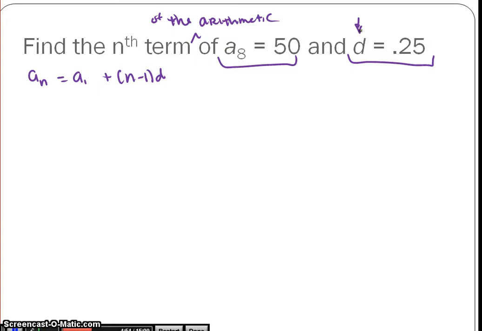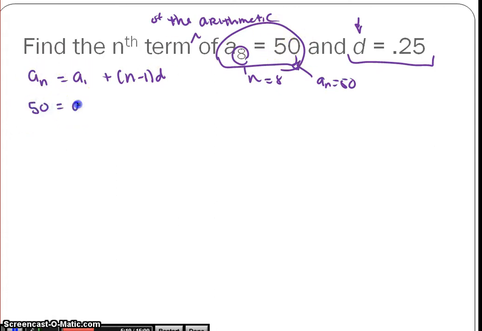Okay, so with this first term, a8 equals 50. This is my n, right? That's my a sub n. So when n equals 8, my a sub n is 50. Okay, so my 8th term is 50. I'm going to use that. So my a sub n term is 50